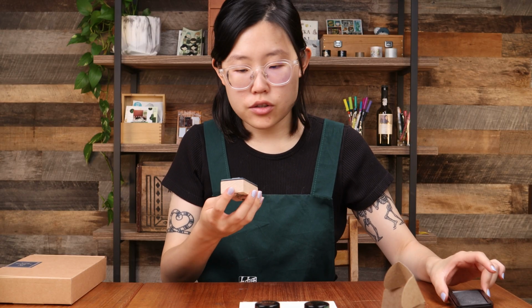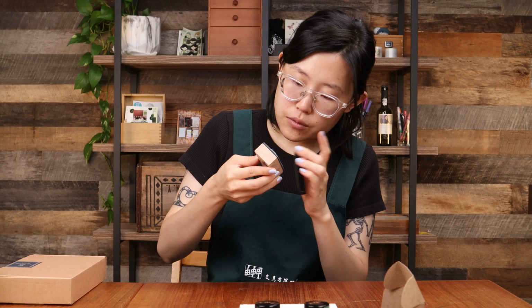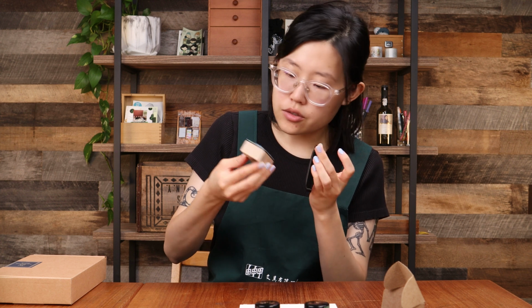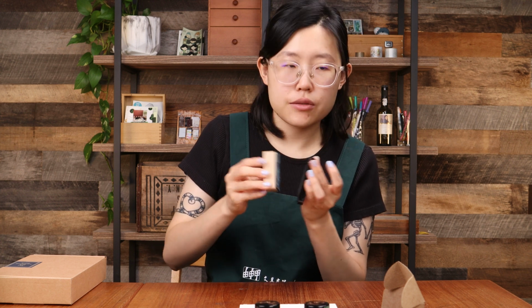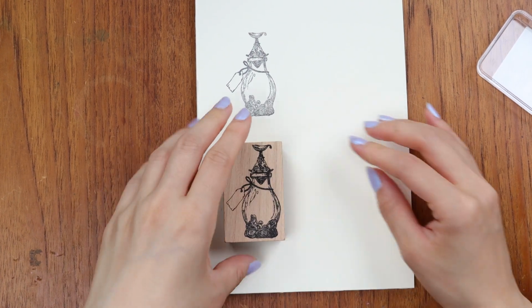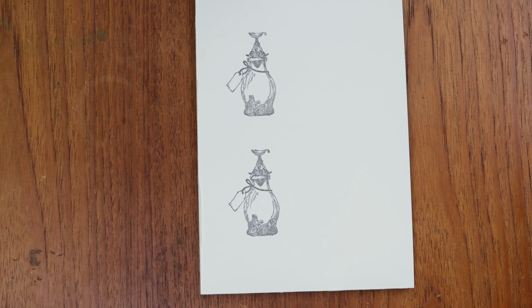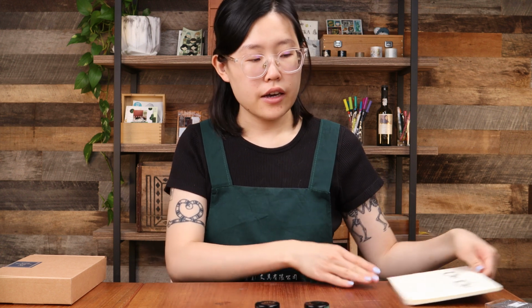Let me do another one so we can swatch the 2 inks. I did want to use the brown one too, but I just don't have anything to clean this with right now. Let's do a second one here. Nice. I love the illustration style. It's very intricate and very detailed. But yeah, I'm just gonna wait for this to dry on the side here, and let's open the box